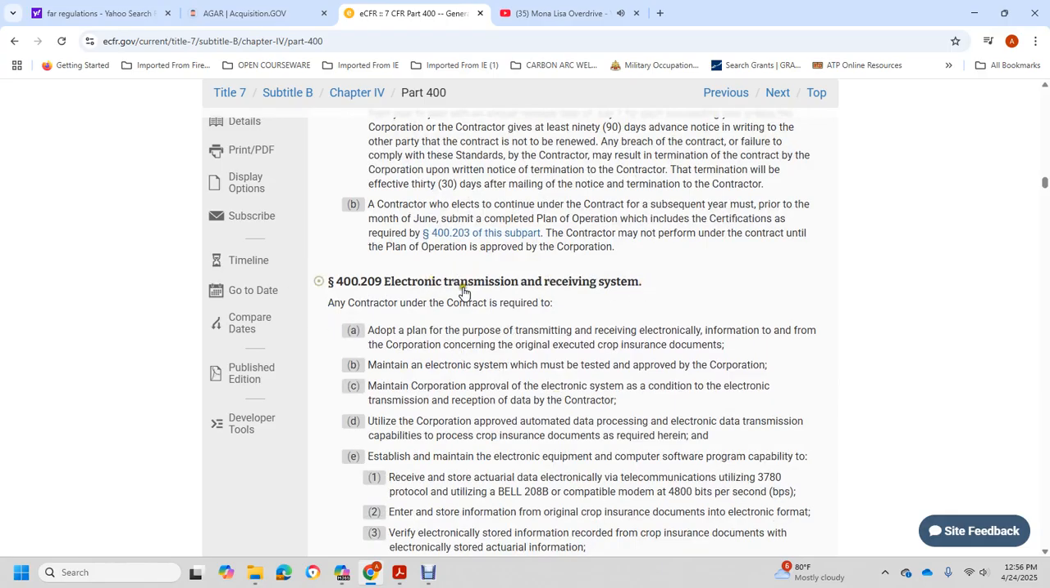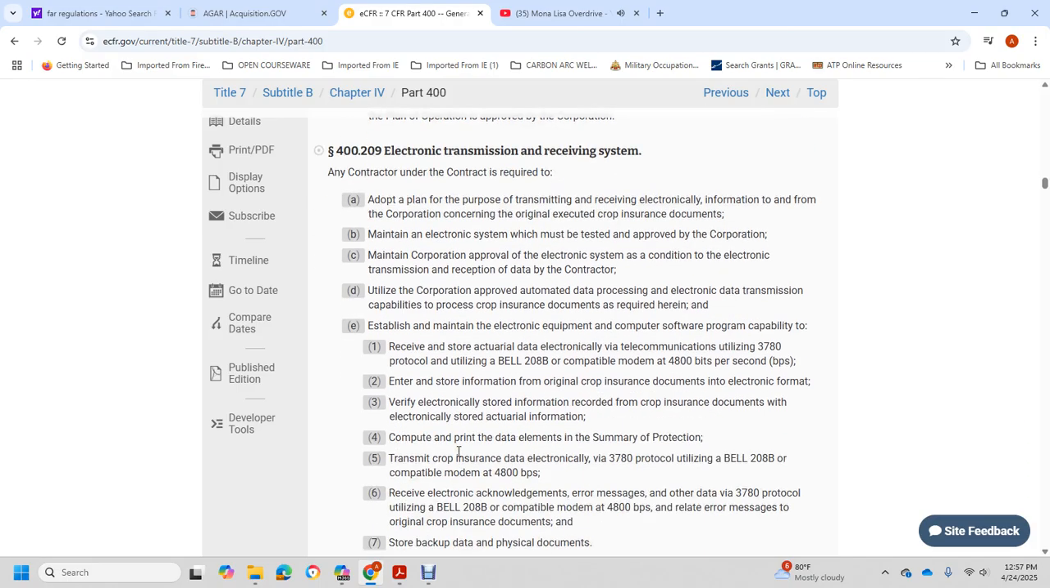402.09 Electronic transmission and receiving system. The accounting for the contractor is required under the plan. The purpose is to transmit and receive information electronically to and from the corporation concerned with the original crop insurance documents. The electronic system maintained shall be subject to the approval of the corporation. The contractor must maintain a corporation-approved automated data processing and electronic data transmission capability to process crop and insurance data as may be required, and establish and maintain electronic equipment and computer software program capability to receive and store the accrual data, with electronic communication using the telecommunication 3780 protocol